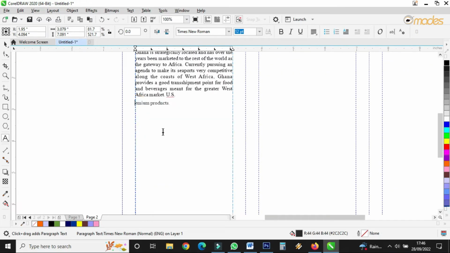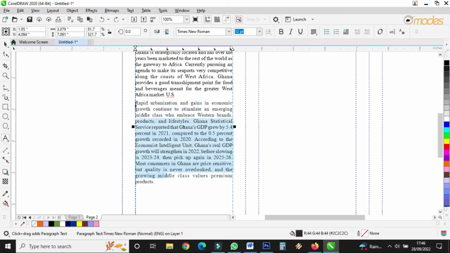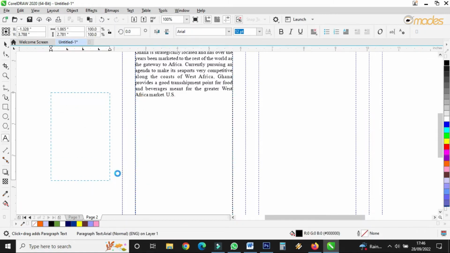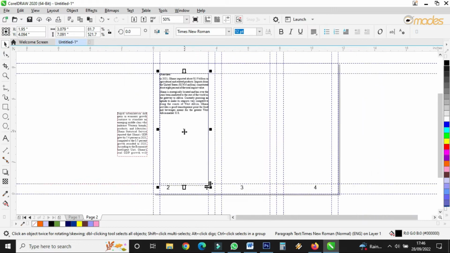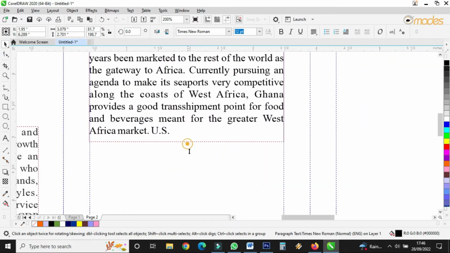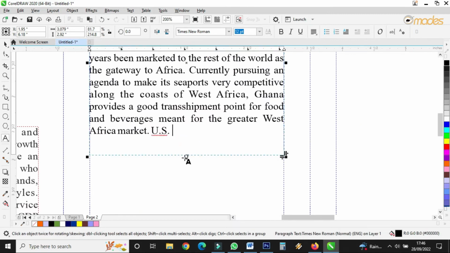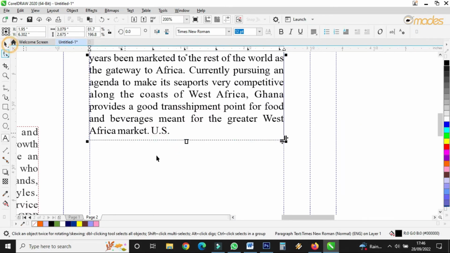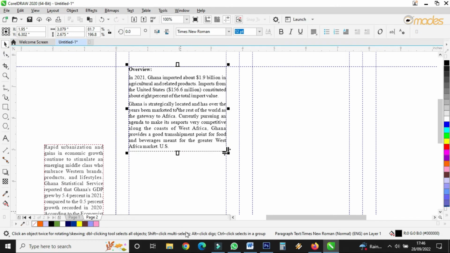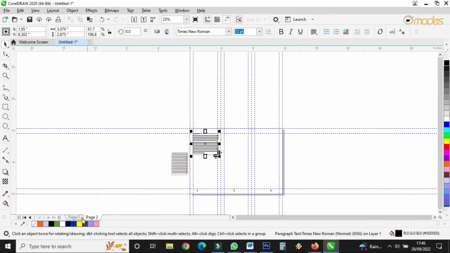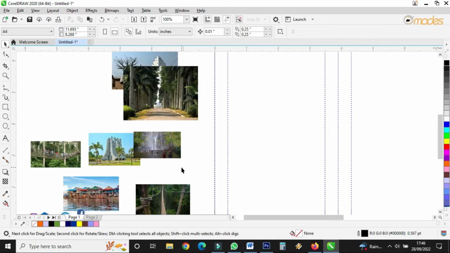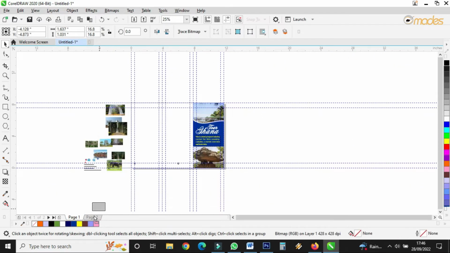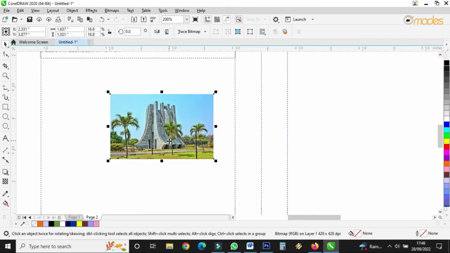So I can cut off these words, sorry. Then I will insert the picture in the middle part. It depends on how you want to insert your pictures. Okay, yes. And after following this tutorial very carefully, it will be easy for you to create your own trifold flyer. Okay,